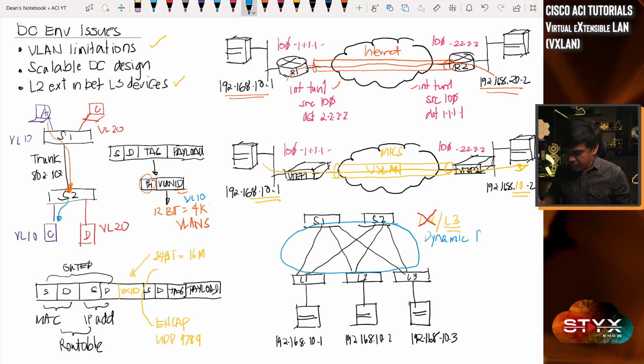Now, when I say dynamic routing, this can be OSPF, IS-IS, BGP, etc. It doesn't matter, as long as these leaf switches can reach each other. And what I'm going to do is add their router ID / loopback as well. So 1.1.1.1, 3.3.3.3, and 2.2.2.2. So assuming that all loopbacks, leaf 1, leaf 2, leaf 3 can communicate with each other, we can now move